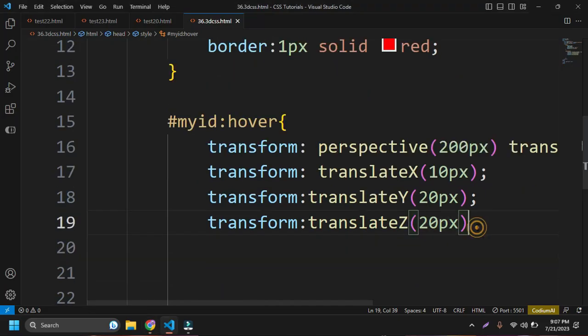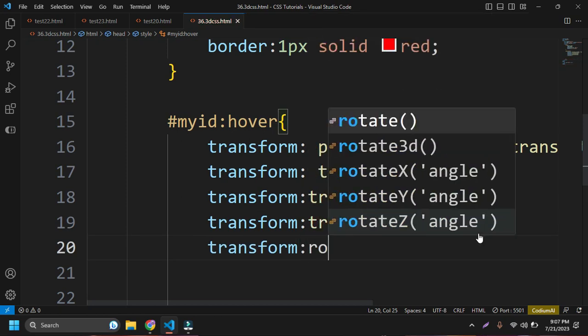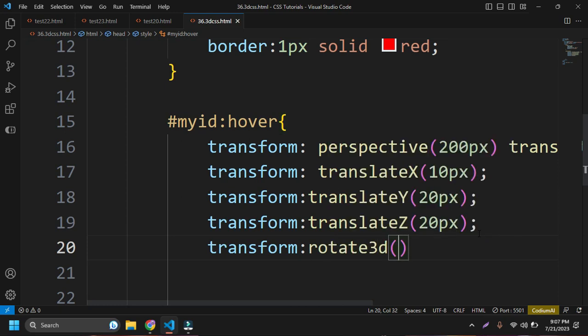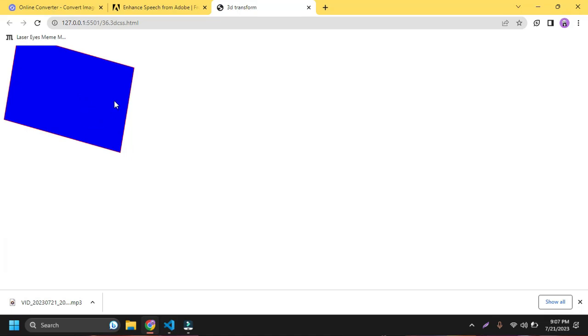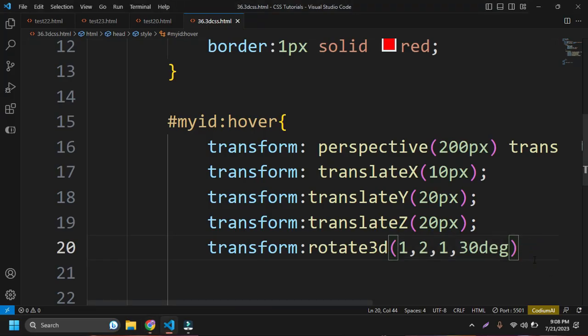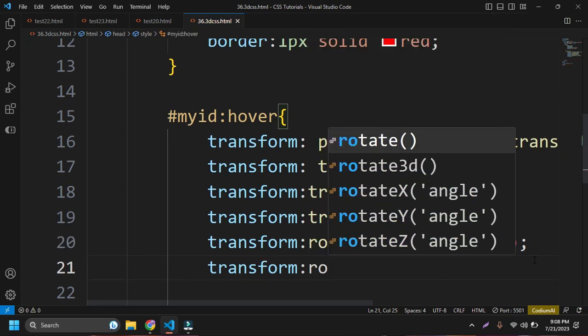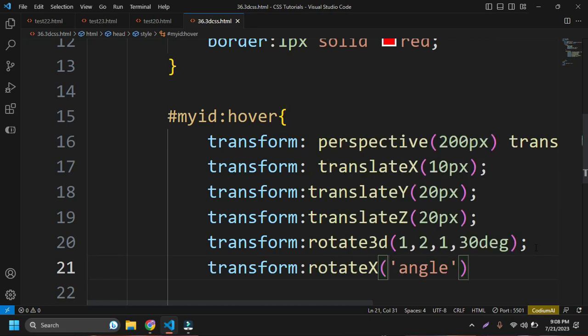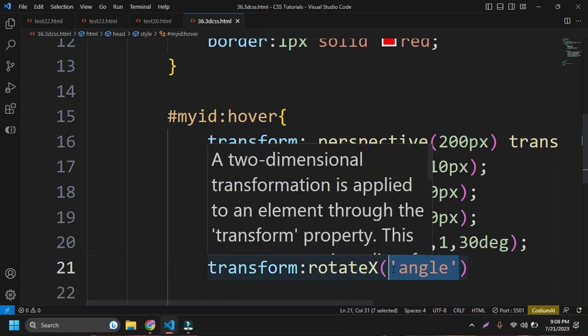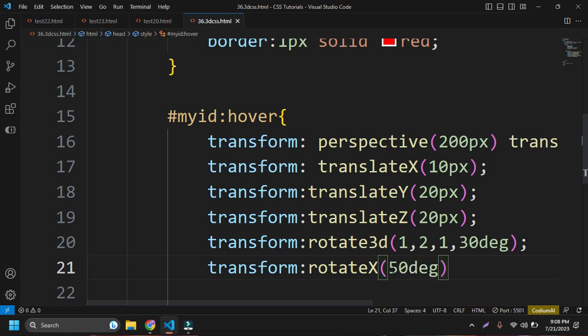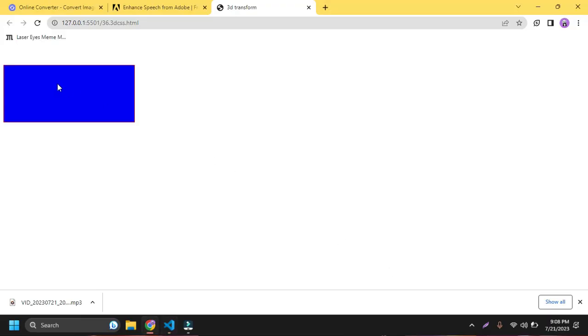Likewise, if I want to use another function, first of all I want to write transform, and I'll show you the rotate function, rotate3d. At first, I have to provide the x-axis value, y-axis value, and z-axis value, and then the degree. If I provide 30 degrees here and hover in the browser, now it is rotated 30 degrees. Likewise, I can provide the rotate function in a particular direction, like transform and then rotateX, where I have to provide the angle. If I provide 50 degrees and go to the browser again and hover,